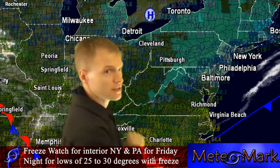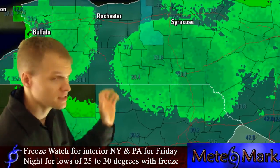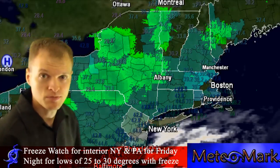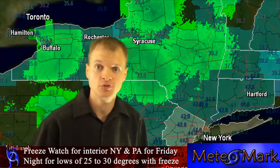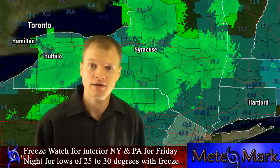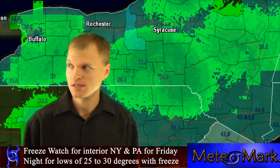Let's zoom in on the southern tier here. We've got temperatures in the 40s, but by sunset these temperatures will be falling below 32 about 9 to 10 p.m. and staying below 32 until 9 or 10 a.m. tomorrow morning. And that means 8, 9, 10 hours of freeze, so you should get your plants inside immediately,